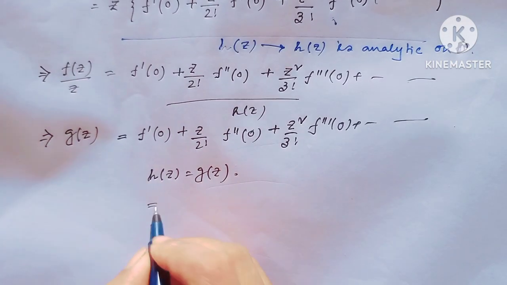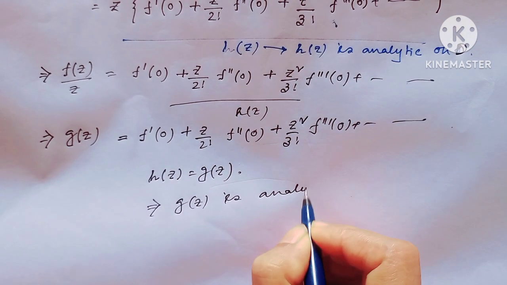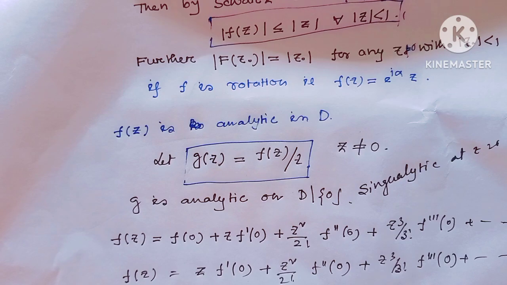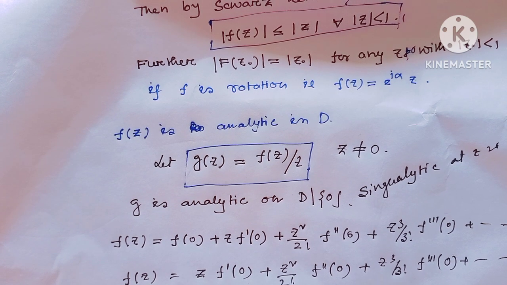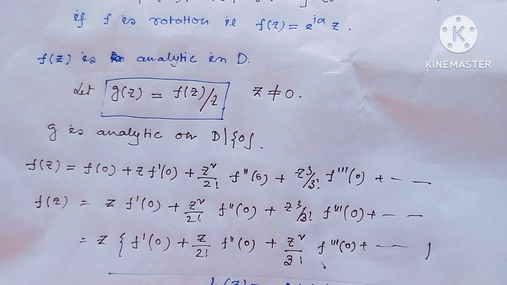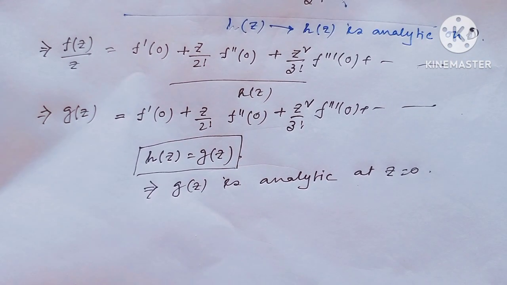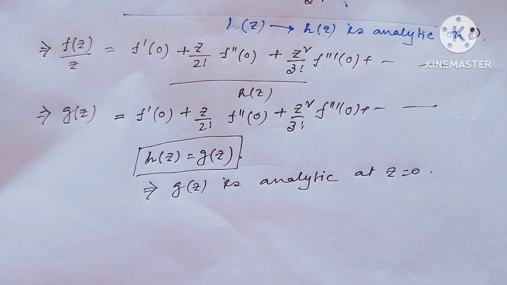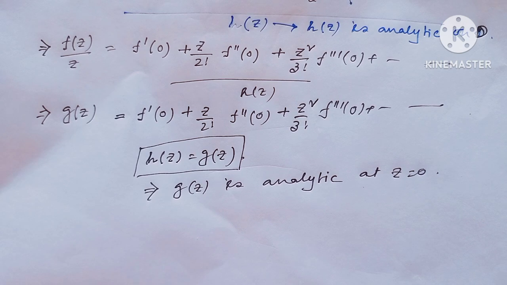Means Az is analytic on whole D. Therefore, that implies Gz is also analytic at z equal to 0. But here I have seen G is analytic on whole D omitted with 0. That means since Az equals Gz, we can extend this analyticity at the point 0 also, and in my next video I will see